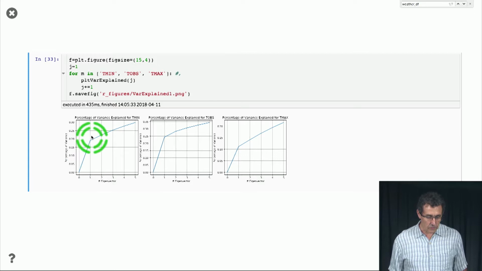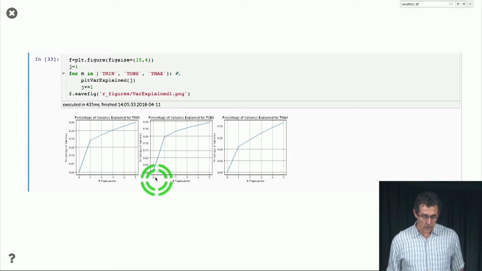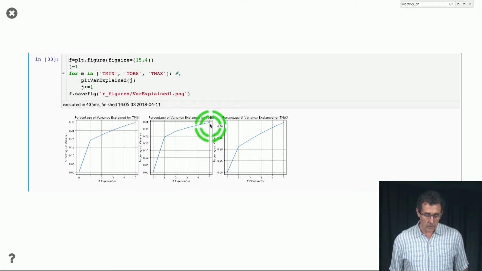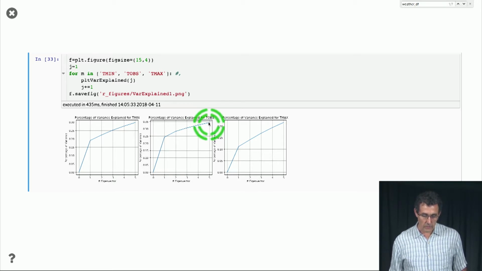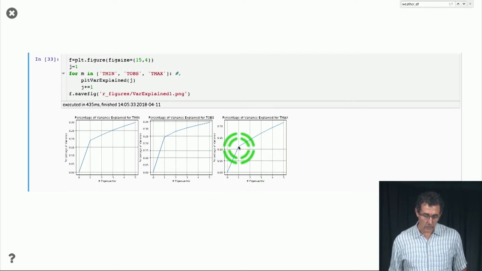The first one explains about 0.2, and then you get smaller, and the top 5 explain about 0.3. Here, the top one explains about 0.25, and the top 5 explain about 0.35. And here you see the first one explains about 0.1, significantly less, and the top 5